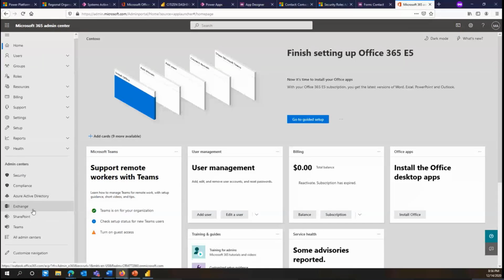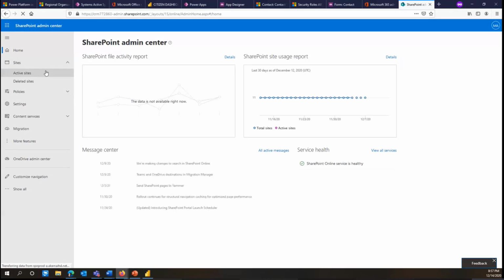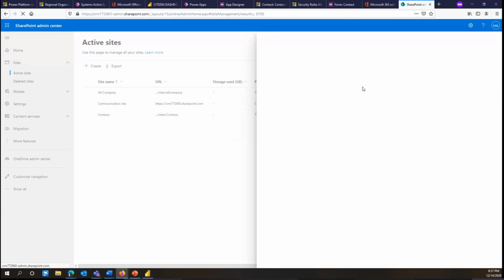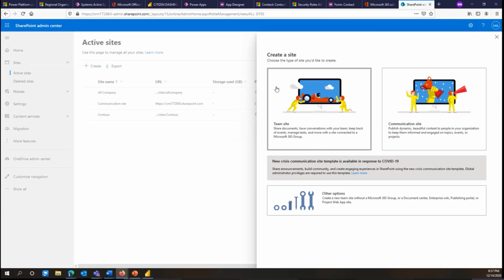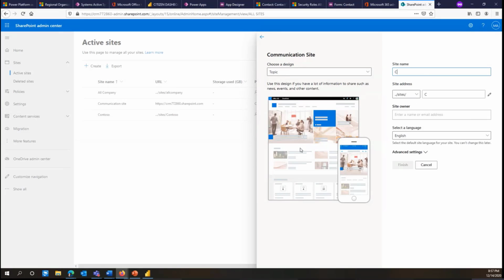Good. Now, in the new model-driven app applications with a unified interface, there are some important features, and from a user perspective, some important features in there. Now, I will create a site, and you can create some marvelous websites right now. SharePoint is no longer what it used to be. I can create a communication site, which can be like an internal website, but I will call it